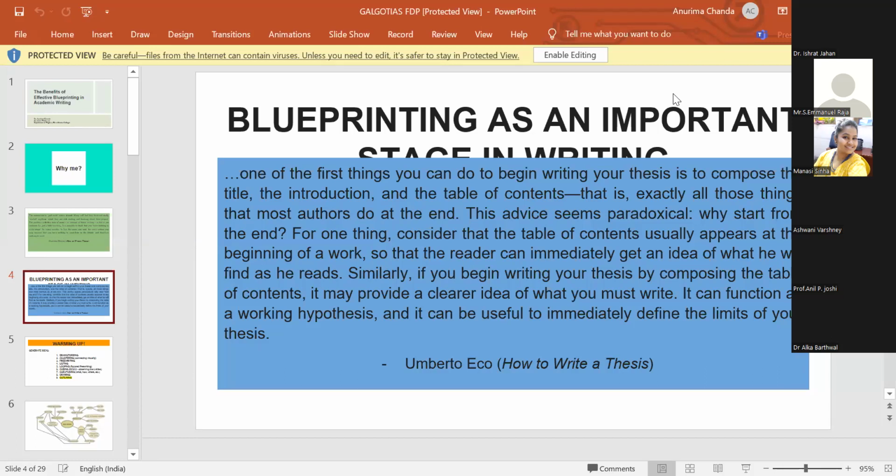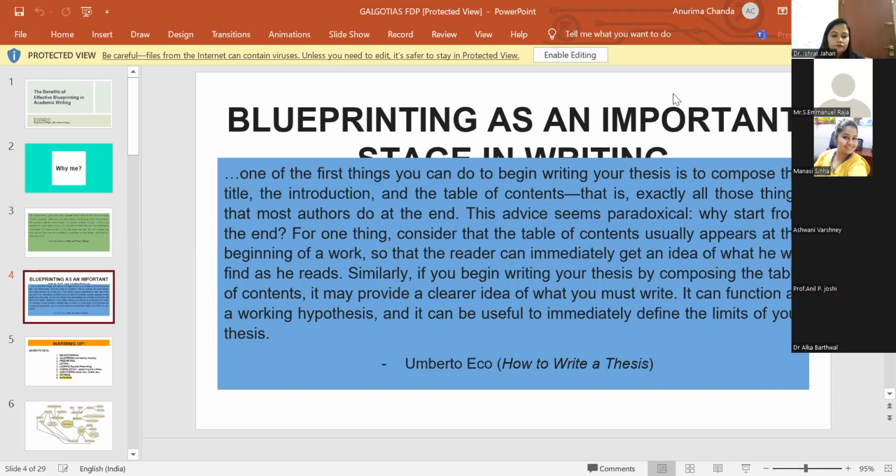What I will try and do is divide academic writing into 3 major blocks. And I will deal with blueprinting at the macro level, the entire research writing, and at the mini or the micro level, which is the individual parts. And I hope that you'll see the benefits of such blueprinting, because imagine that your research writing is a building, a house that you're building, and you have a blueprint right in front of you.